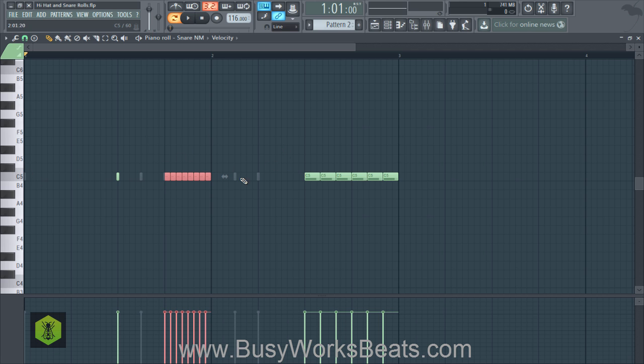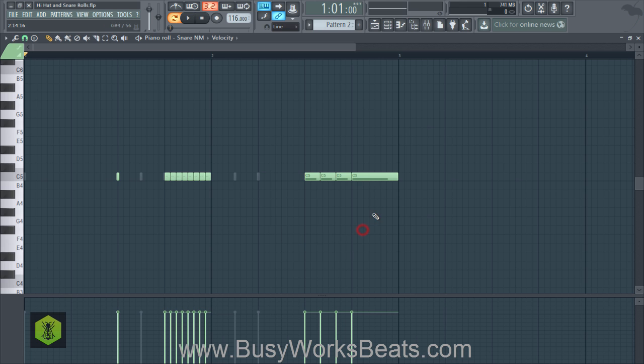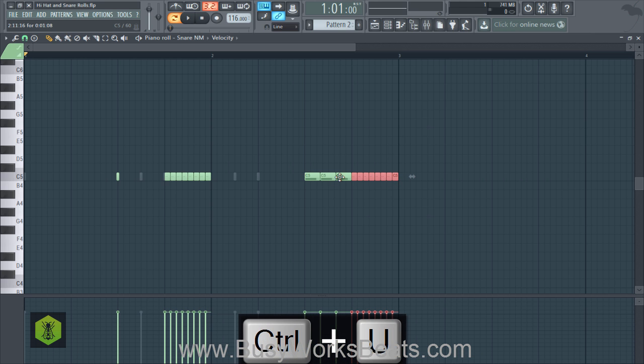You could have it run all the way through, and you could even change different parts of the snare roll. So let's say you want the end portion here to be faster. So let's drag this out. Just double click on it, make sure its duration is 4. Pull this back to 0. Boom. And then let's go to snap to grid. And let's say you want to make it a half step kind of slice. Hit Control, left click and highlight, hit Control U. So now you have two different timings, which are going to contrast each other.